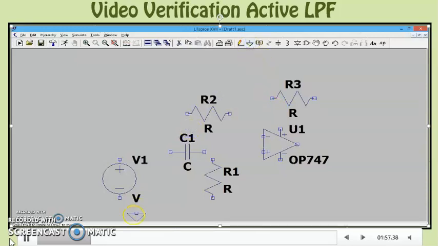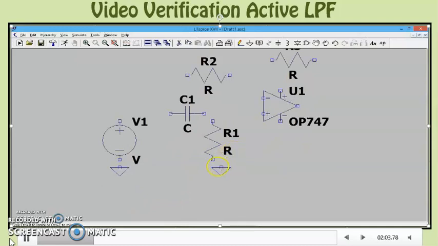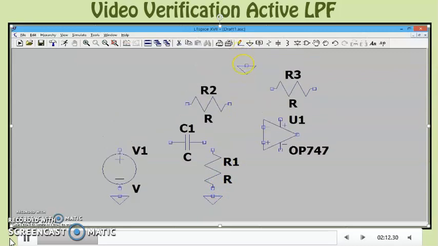Then we're going to add ground. We'll add wires to connect the circuit.